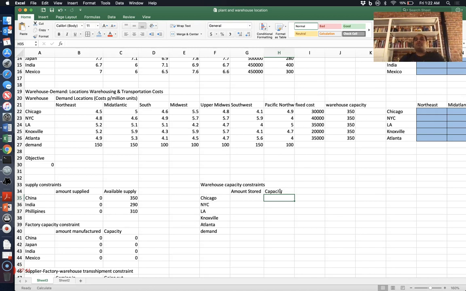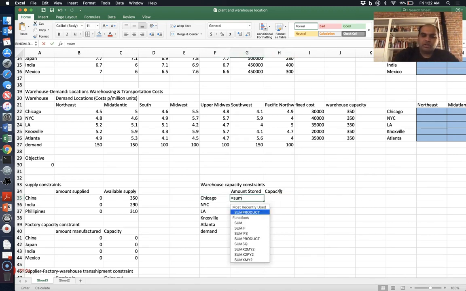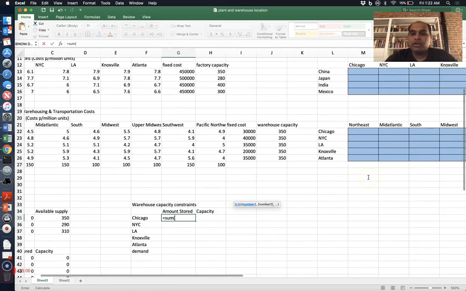So the amount that's stored at the warehouses cannot exceed the capacity of the warehouse, and the capacity of the warehouse is again only available if the warehouse is open. So this is where we're going to make decisions on whether or not which warehouse to open and which warehouse not to open. So amount that is stored at the Chicago warehouse, everything coming into the Chicago warehouse location,